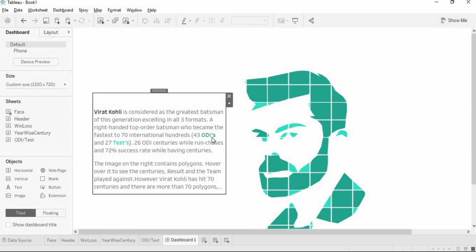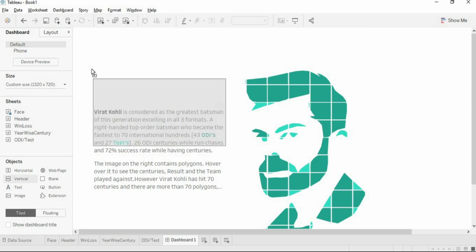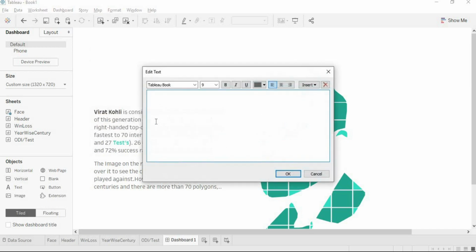So here we have the description for the dashboard, and I will give the heading for this. So dragging and dropping here, the purpose of this dashboard is to show the centuries against the team, and he has hit a total of 70 centuries.